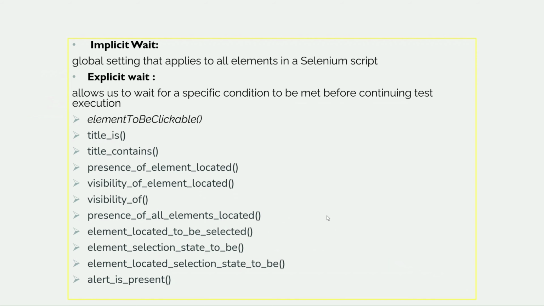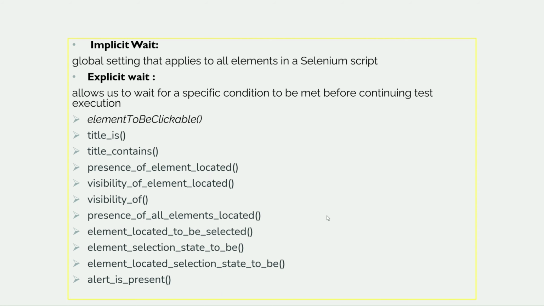So let's start. First we will see why we need wait in Selenium. Most of the web applications are developed using Ajax and JavaScript. When a page is loaded by the browser, the element which we want to interact with may load at different time intervals, meaning every element on the page may load at different times. Because of this, it is very difficult to identify an element on the page, and if the element is not there, it will throw an element not visible exception. So by using Selenium wait, we can resolve this problem.